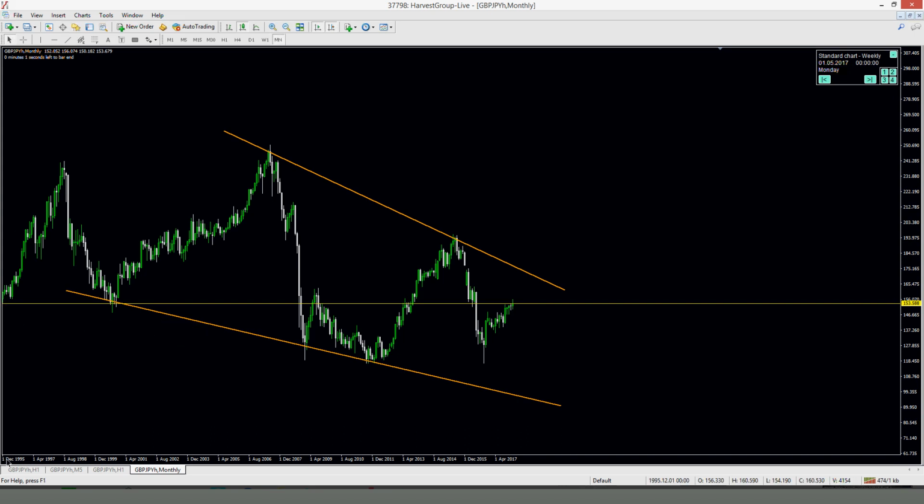As you can see at the very point at 1995 over here, we have the price where it is right now at the moment. So right now the market is exactly where it started in 1995, and then it became the support again in 1999,